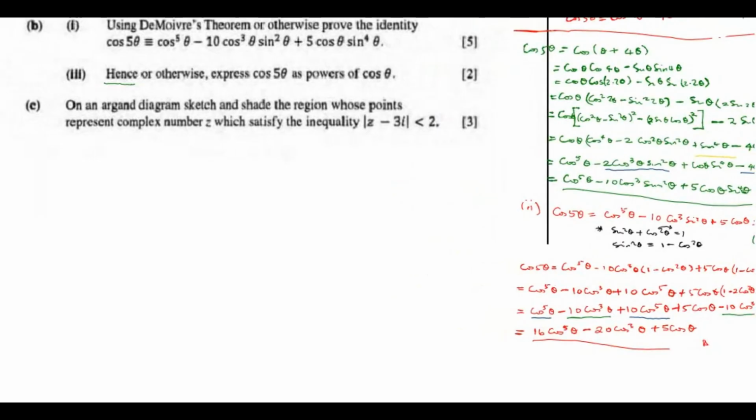So we are having the inequality, modulus of z minus 3i is less than 2. It's an inequality, so to get the critical values of our inequality,